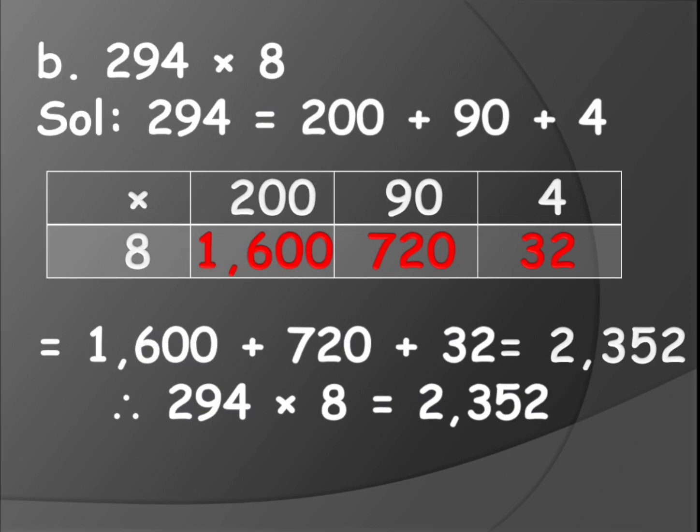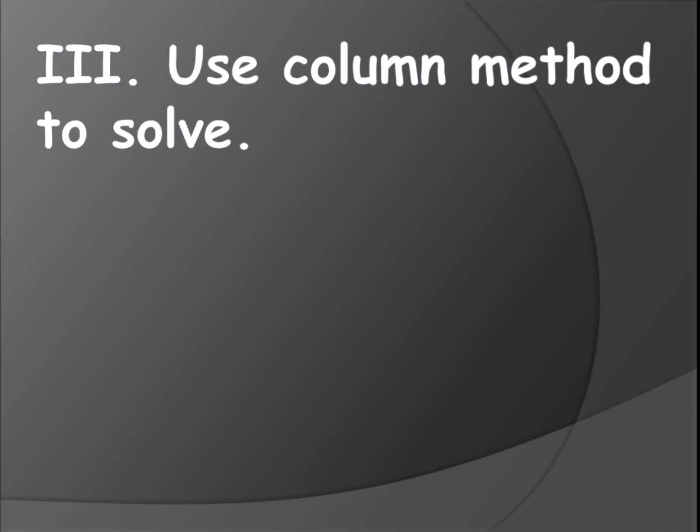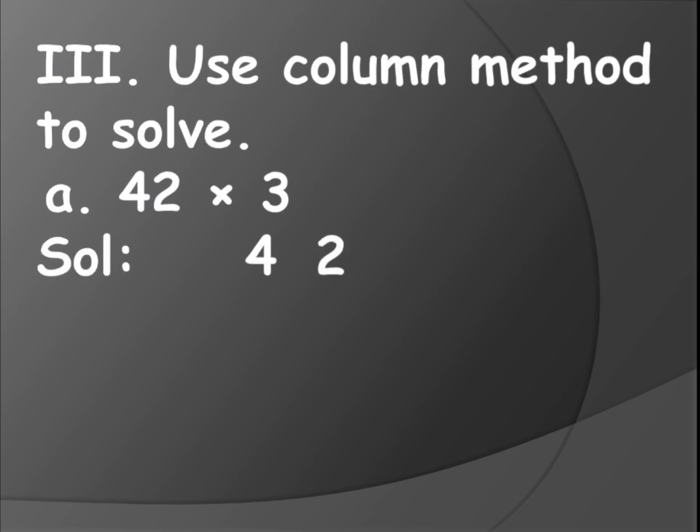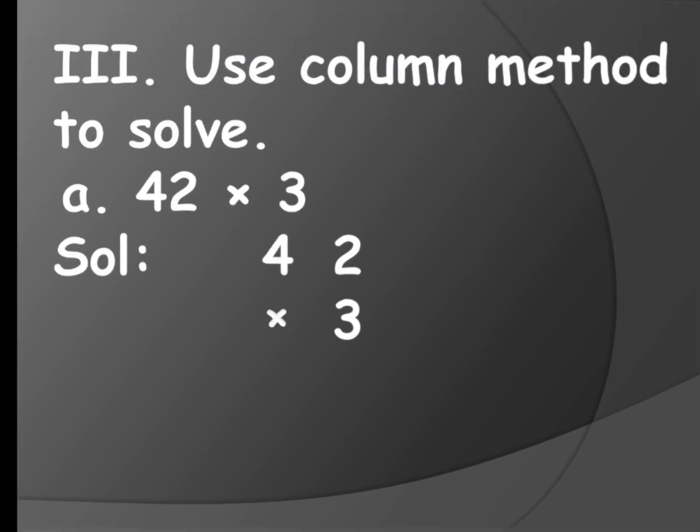Okay, next bit, you have to multiply using column method. The first is 42 into 3. So 42 you have to write in column, so you'll write 42. Below that you have to write 3, and we have to do multiplication, isn't it, children? So let's do the multiplication by placing the into symbol, which is multiplication symbol. Okay, so you have to multiply 42 with 3.